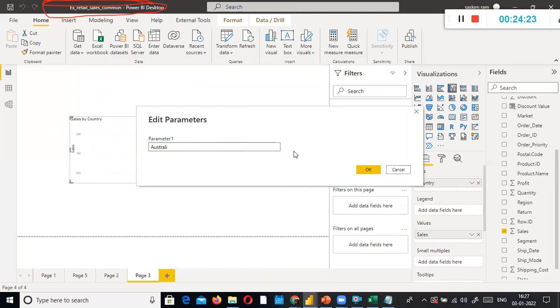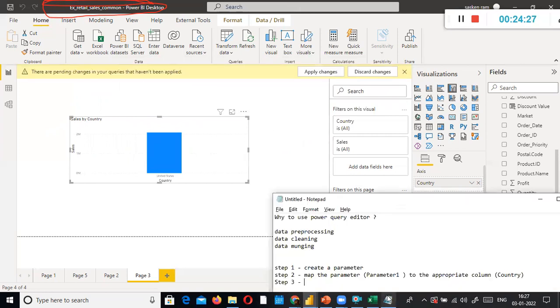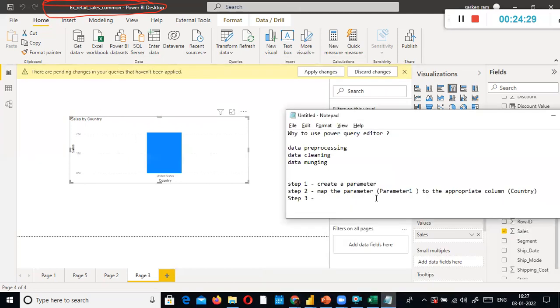Australia. If I type this, the value Australia, whatever I typed, will get stored in parameter one. Parameter one is Australia, so country is equivalent to Australia. It will filter country equal to Australia data here, and the chart will also show the Australia related data. Hope you understood with this example.